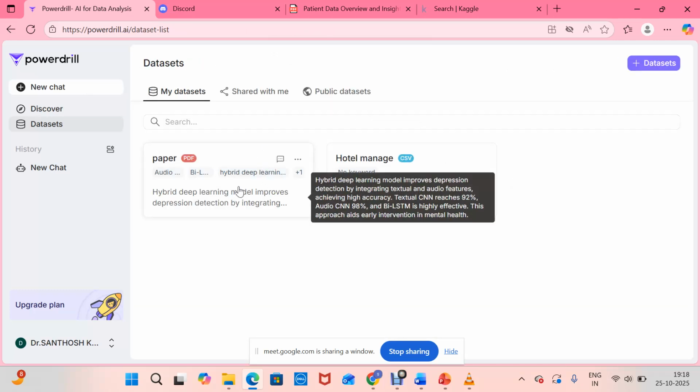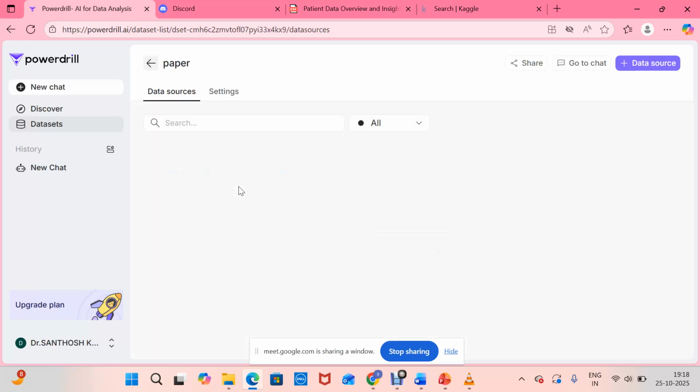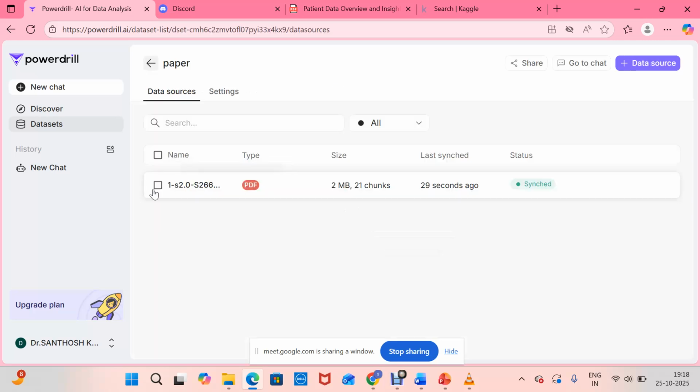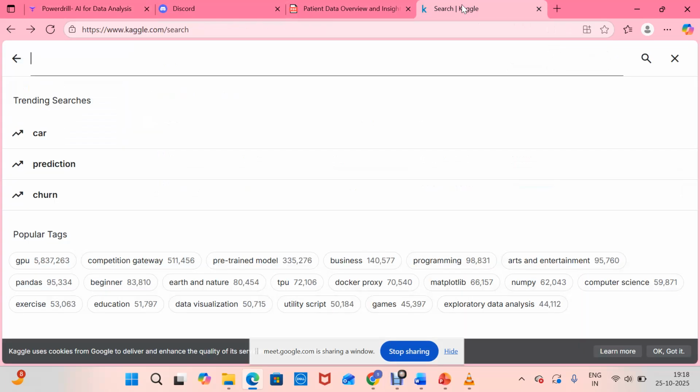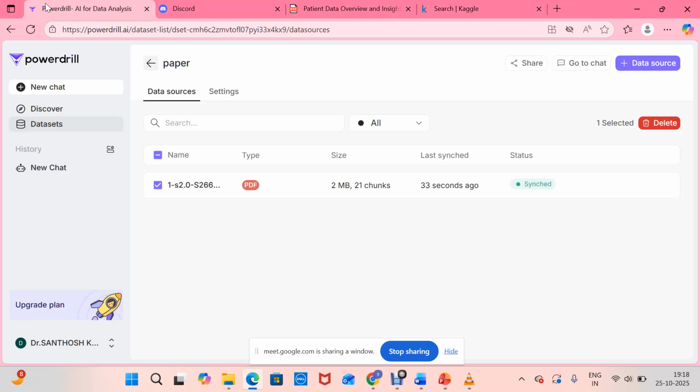Sir, I also have a doubt. Yes, sir. Many datasets may be available on Kaggle, but does our requirement in the research work match with the datasets available here, sir? See, PowerDrill is only an analysis tool, sir. You can download datasets from Kaggle or any other places, and you can give them to PowerDrill. We are not taking anything from PowerDrill.